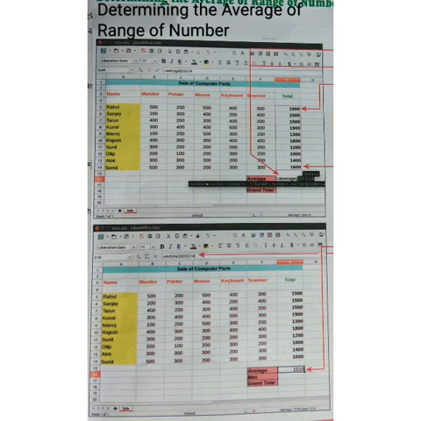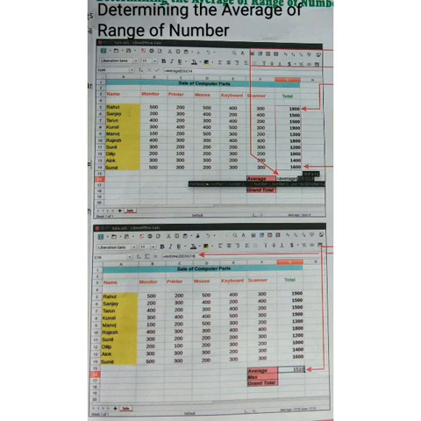Similarly, if we want to calculate the sum of the numbers with the help of a function, that is also very easy. First select the cell where we want our answer, then press the equal sign on the keyboard and type SUM(.